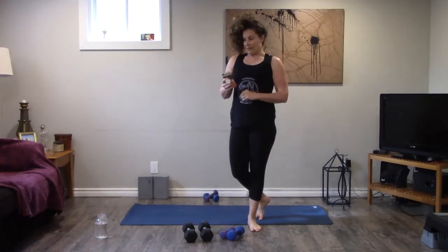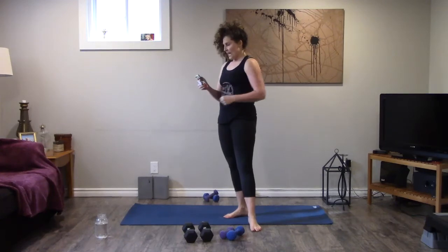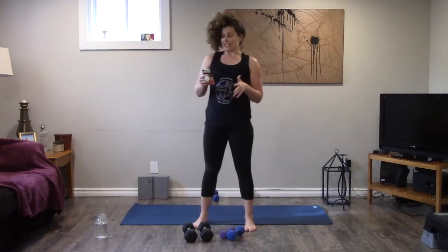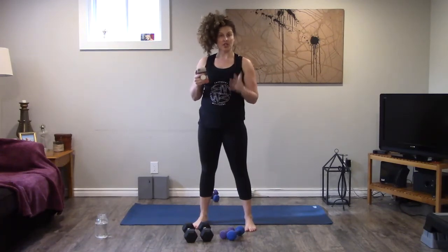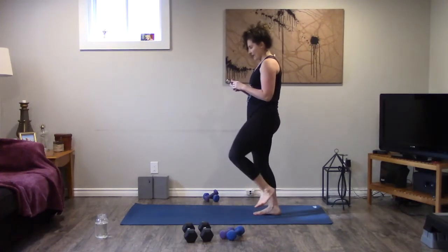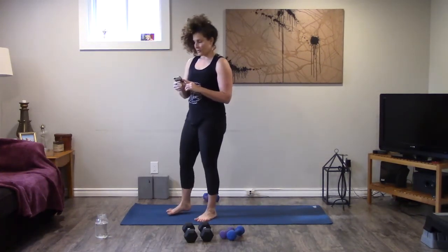I'm going to set the timer, and we're going to do this. This is our little energy boost. And just because it's cardio, if you're not feeling well, slow down. Take a breather, okay? Doesn't matter. You just want to feel good after this practice. Timer is setting up here. Okay, 3, 2,